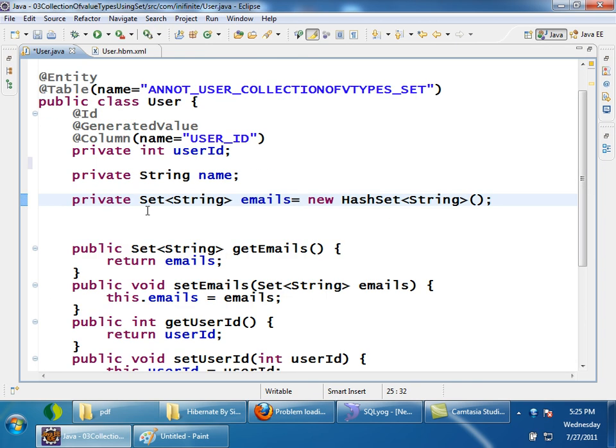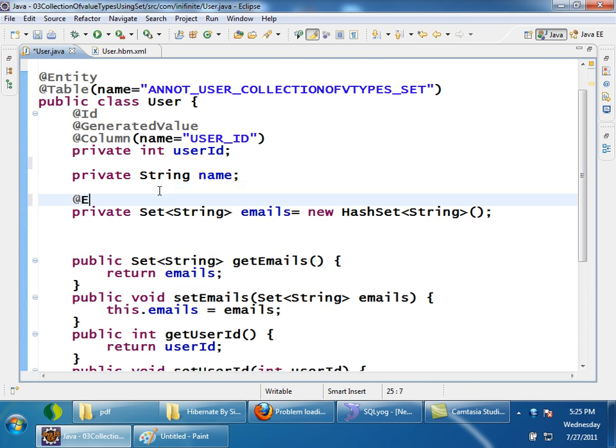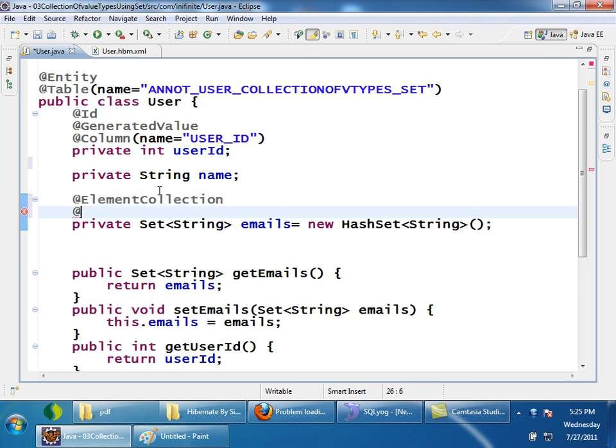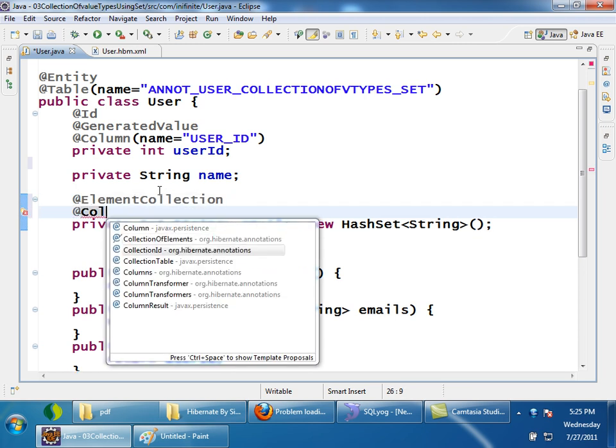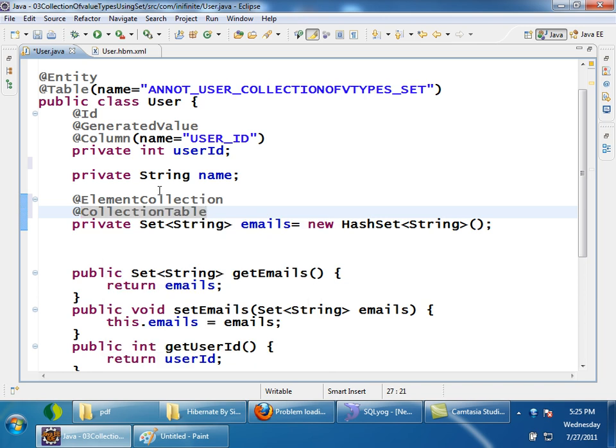Now by using annotations, you can see this set is representing element collection. So annotate it with element collection, not entity collection, element collection. Okay, and you need to specify the separate table name, a collection table. So for specifying collection table, you just have to annotate it with collection table. You have to give the table name. Table name is equals to, I'll say,